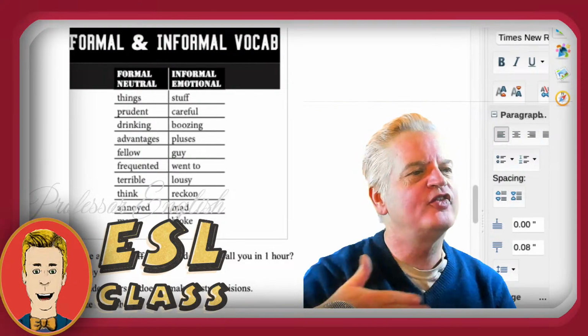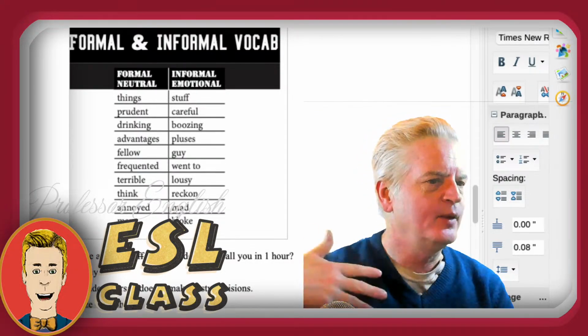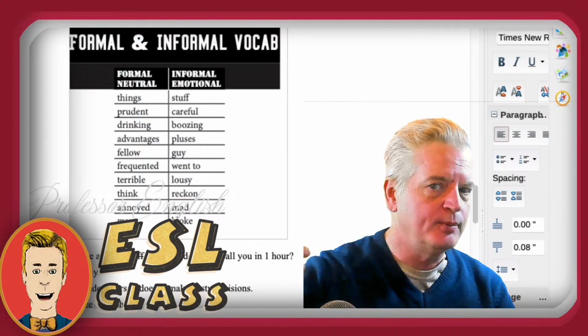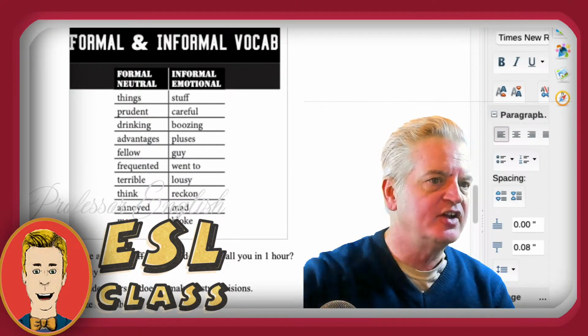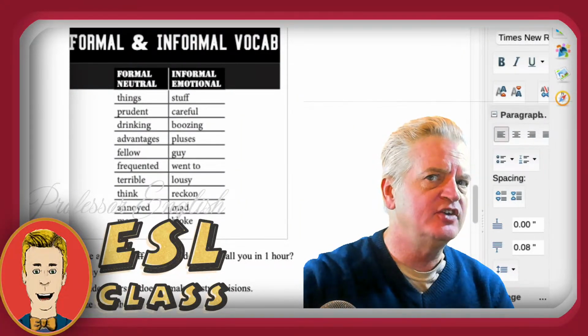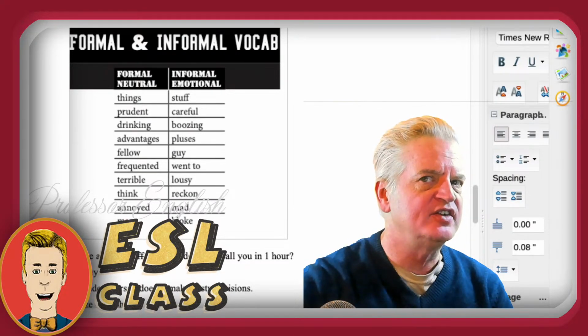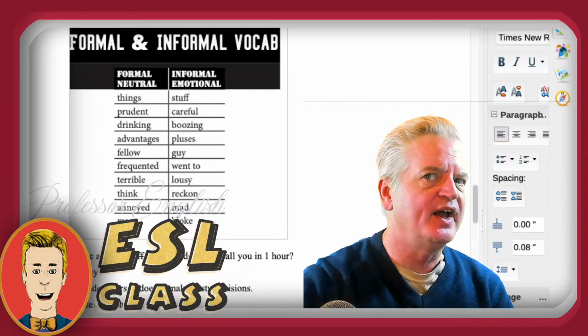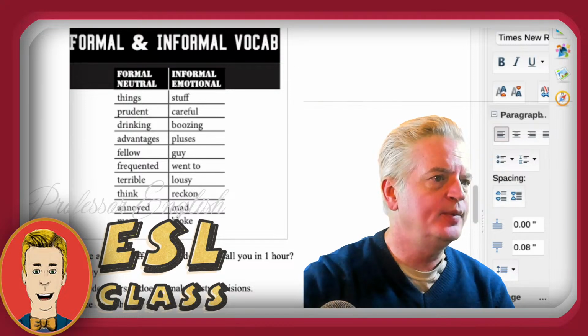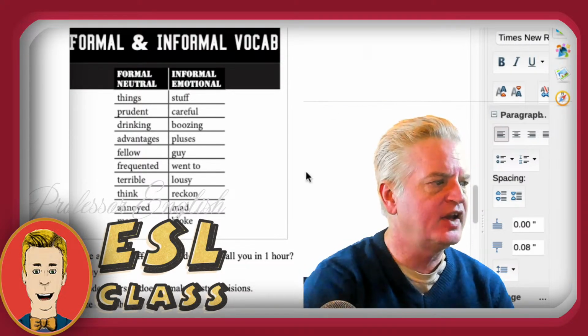So we have, let's say, they went to that cafe. Now this is going to be reported speech. Let's add, she told me that. If you're following the rules of reported speech, how would you change that sentence? She told me that they had frequented the cafe.